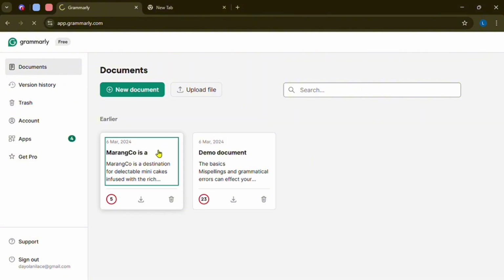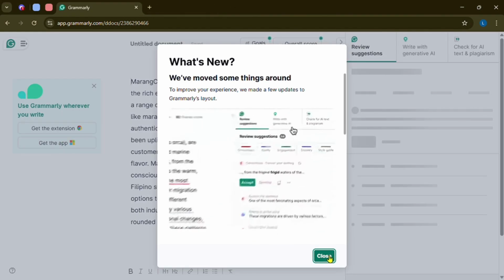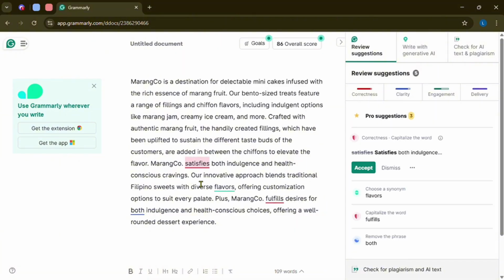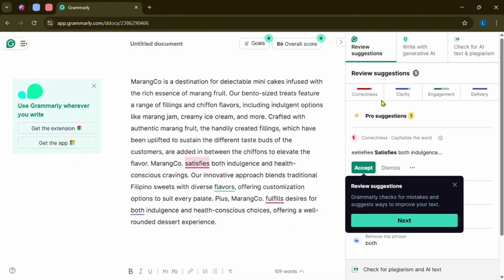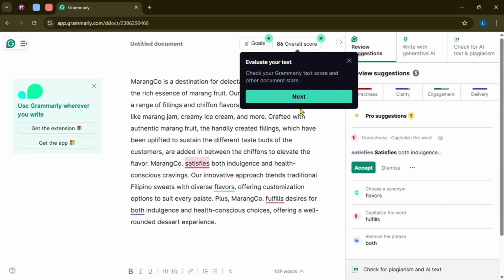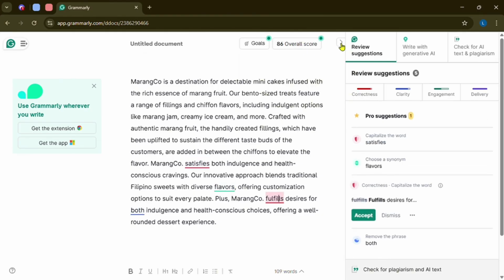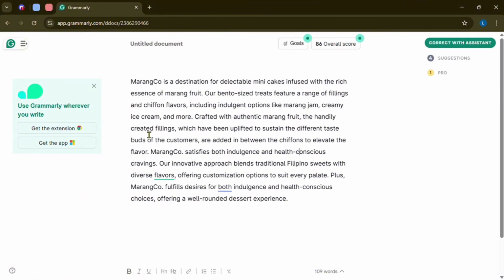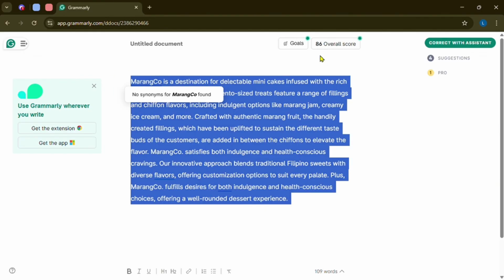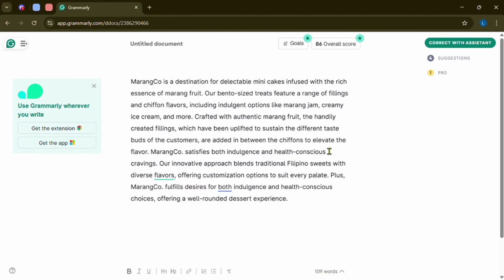So I have a few projects here, and if you press your projects or designs, you can actually see your mistakes or correctness that Grammarly will provide. It will also give you this overall score of this text. So I got an overall 86 score, so I think I did not use a lot more comprehensive words for